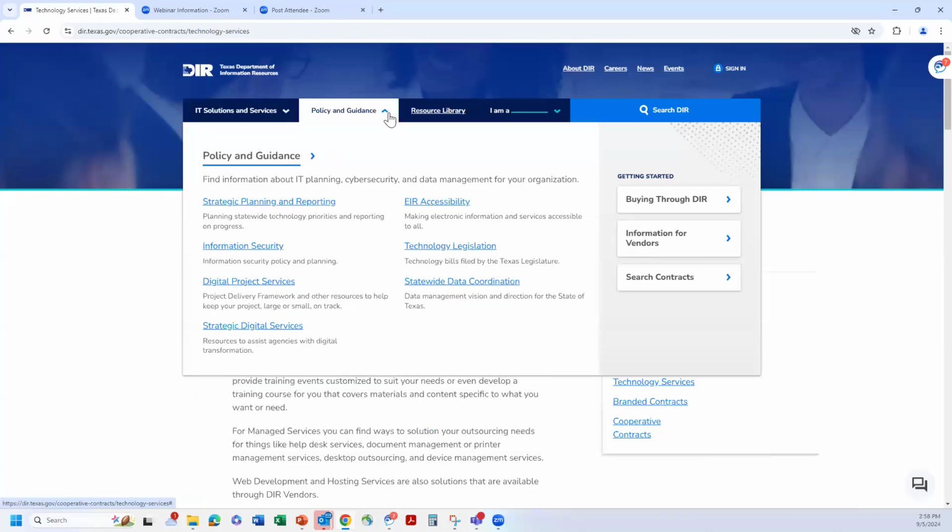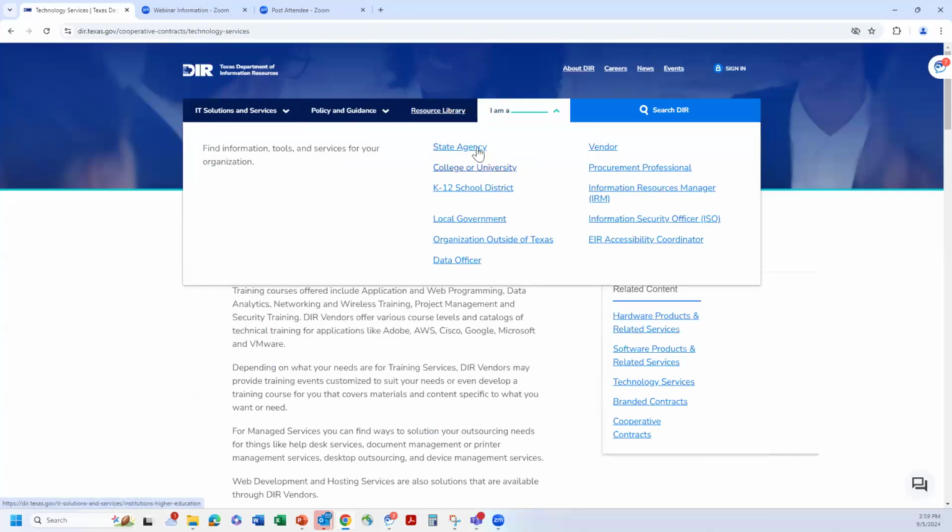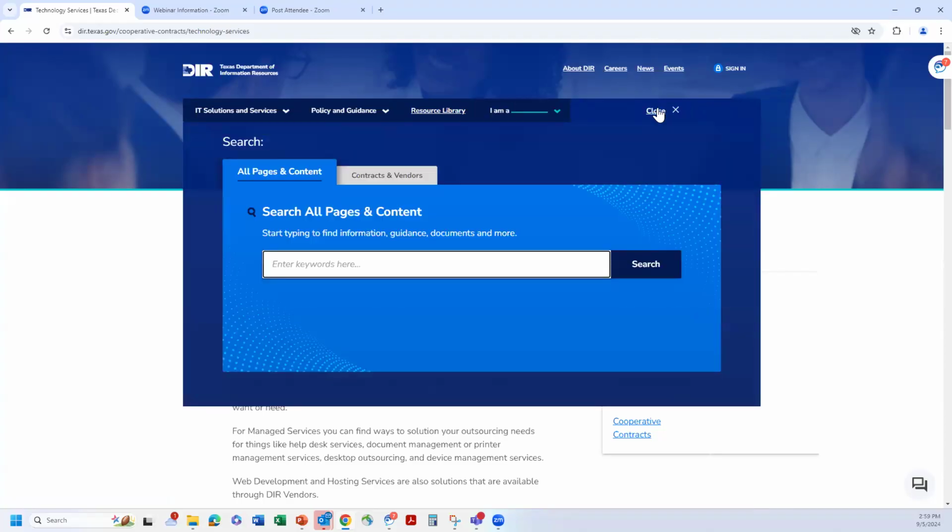We also offer policy and guidance if you want to see accessibility standards, or if you're looking for information security or legislative things. You can also click on the I am a dropdown. And if you're a college or university or a school district or a local gov, you'll be taken to pages that will pertain to the type of entity that you are. And of course, we've got the ever popular search DIR function, and I use this multiple times a day.